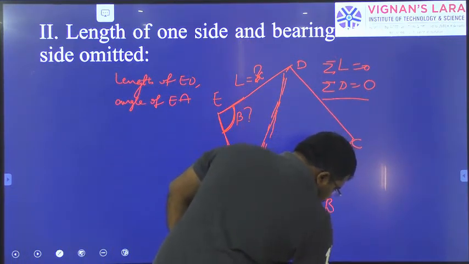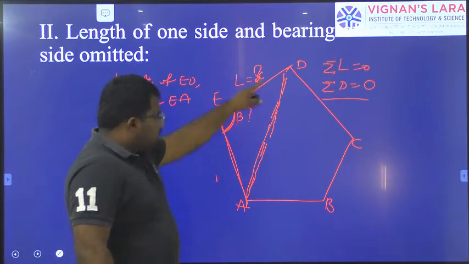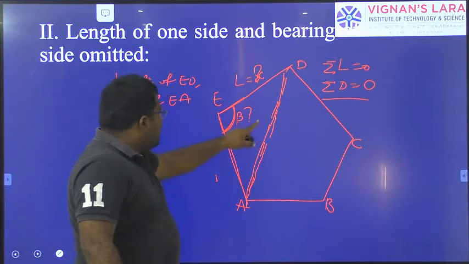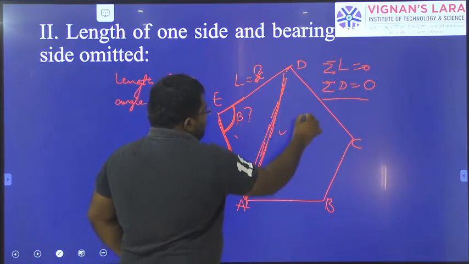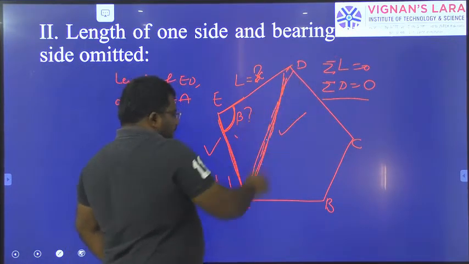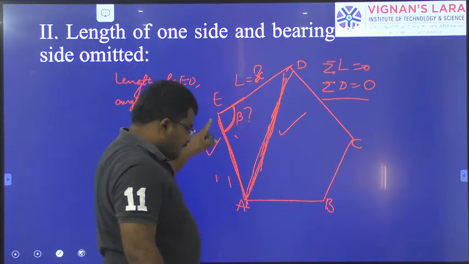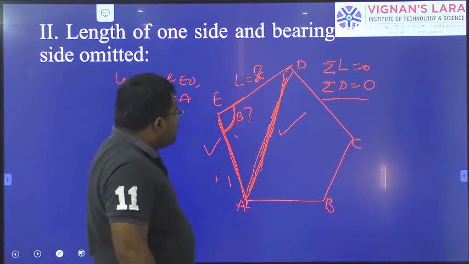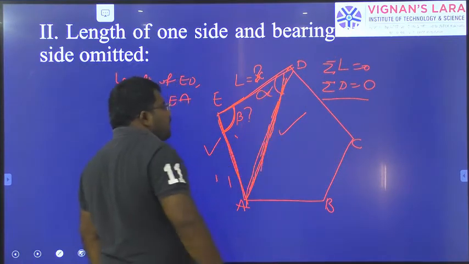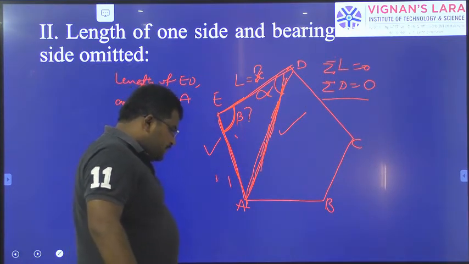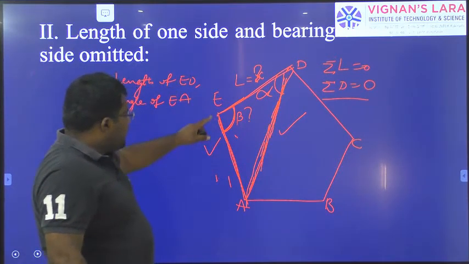So from here, what we are going to do now? Now we are going to consider a triangle that is ADE, right? So the lengths of DA and EA are known. These two lengths are known now. This is a known value, this is a known value. This we now find out from those operations, right? So the angle ADE is known, that is called alpha. We are going to take it as alpha. Then the angle beta and the length of DE can be calculated, okay?